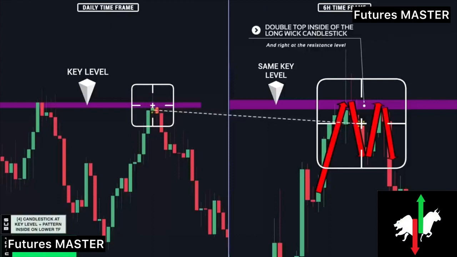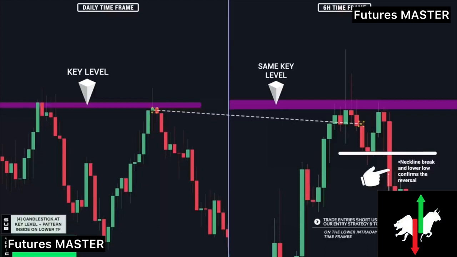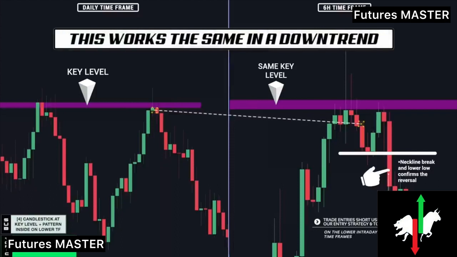So again, to confirm the reversal and the trend change, neckline placed here at the swing low, and once price breaks the neckline and makes a lower low, your trend change is confirmed from an uptrend to a downtrend. The breakout here is then when you would go to the lower intraday timeframes to take trade entries short. Now, going in the opposite direction in a downtrend, this would work the same. So moving on